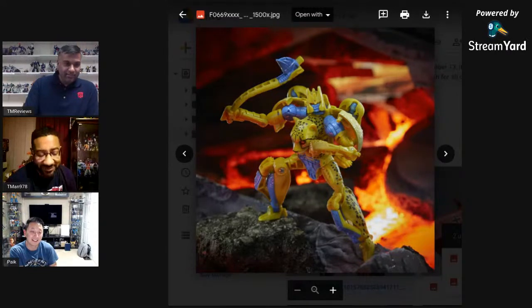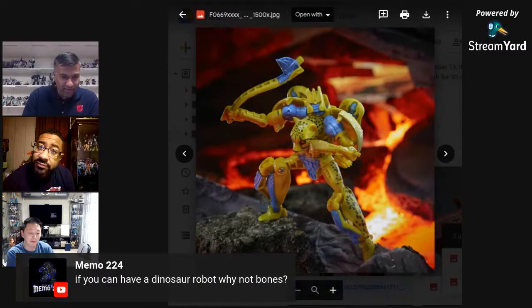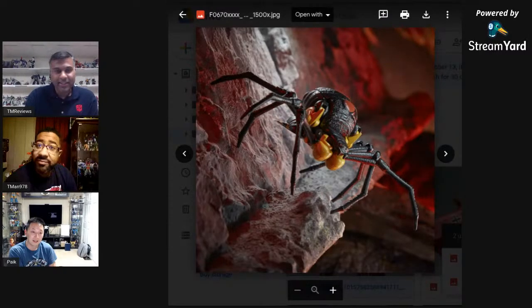Well, PG show. Like, you guys know a lot more about Beast Wars than me, but I'm actually pretty impressed with them. I don't collect a lot of mainline stuff, but I think these look good. I think people will be super happy with these. I think so too. If you can have any dinosaur robot, why not bones? I think kids will really love those. Who doesn't like dinosaur skeletons? All right, next we have the Kingdom...